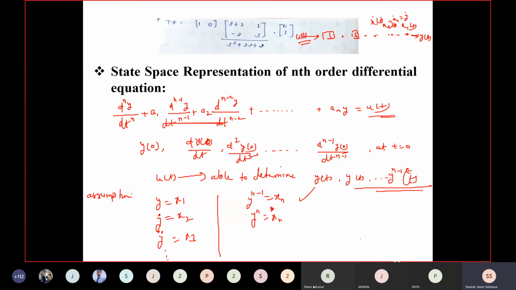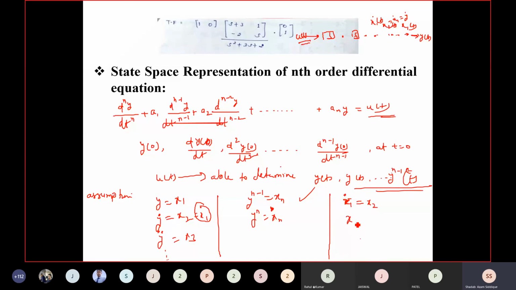See, now we'll try to take the set of equations. So now see what will happen. We'll have from this what will happen. This is called x1 dot. We can write now. We'll try to rewrite the equation again and again, and write the set of equations. So we'll write x1 dot is equal to x2.